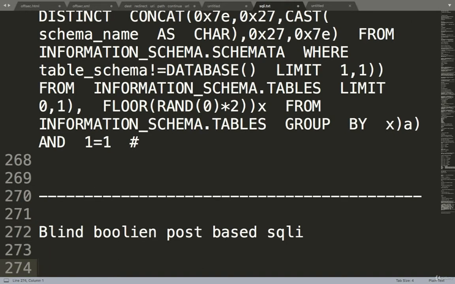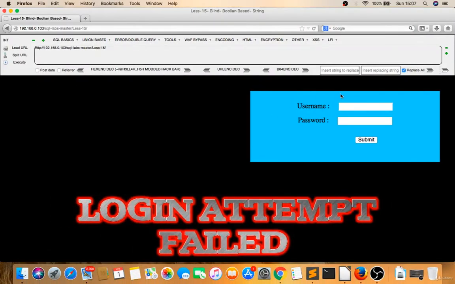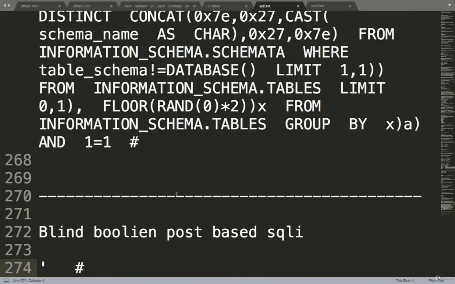So you cannot gauge whether they are using single quotes or double quotes. So you have to try one by one. I'll first try single quote, space, minus minus or hash. But the problem is this will again give you login fail, because you are not getting any clue how to compare whether this is true or false.